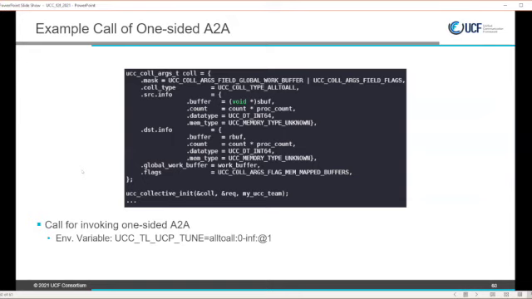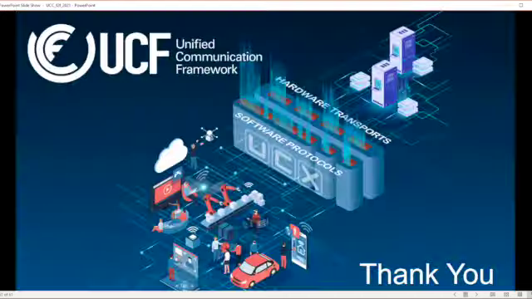Now, because the collectives are disabled by default, particularly the A2A algorithm, you can just use this environment variable, UCC_TL_UCP_TUNE, because these are all living within the UCP TL. For all-to-all, for data sizes 0 to infinity, use algorithm 1, which is the one-sided version. That would allow you to use the one-sided all-to-all. But I think due to time, I'll end there. That's the last slide.